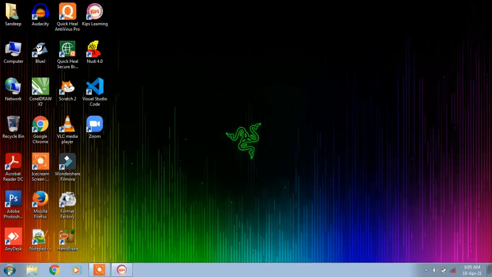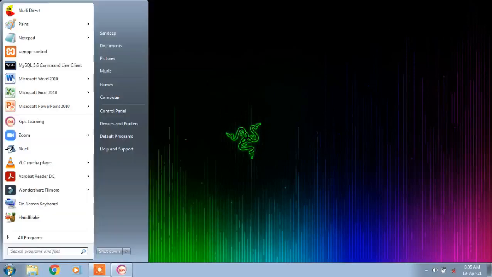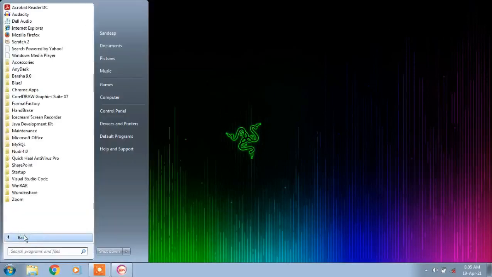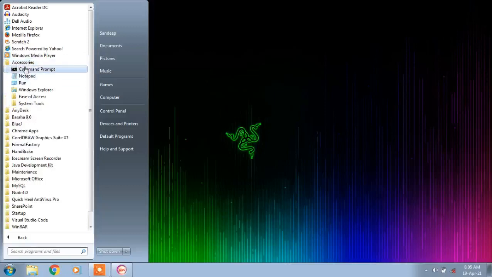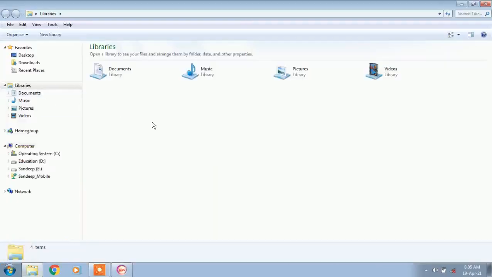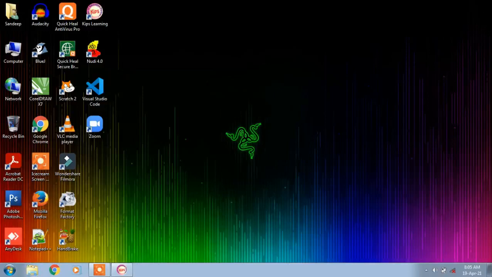One more method. Let me check whether it is available in my system, but in most systems it is available. In all programs, then accessories, it is searching. You can see the icon here. Now in accessories they have given Windows Explorer. Check in your system also whether it is available or not. In my system it is available in the accessories folder. You can single click, using the left mouse button, and you will get a Windows Explorer window. So these are the different ways to open Windows Explorer in our system, in our account.